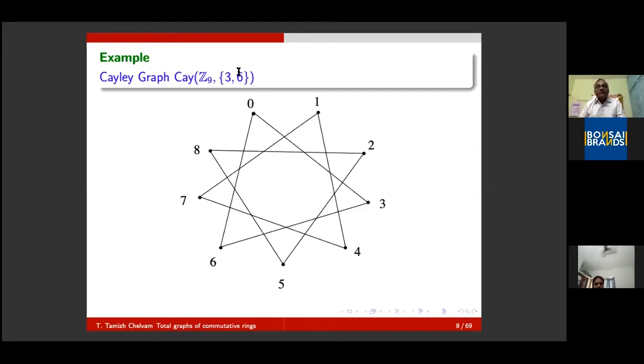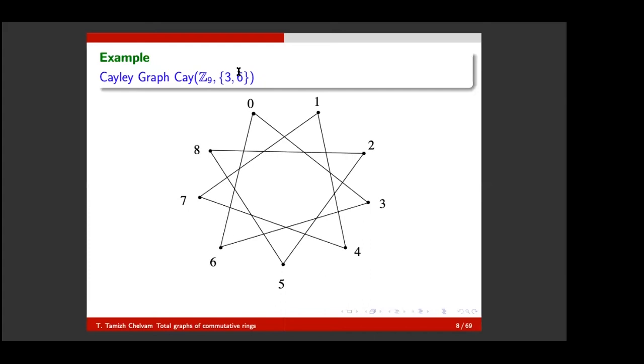Of course, it was well studied. One of the problems in mathematics, even in group theory, is finding the automorphism group of a group. And it is an NP-complete problem again. It is a subset of Sn because n factorial elements are there. And similarly, the automorphism group of the Cayley graph is also a complicated problem. Still now it is open on many classes of Cayley graphs, especially for non-commutative groups.